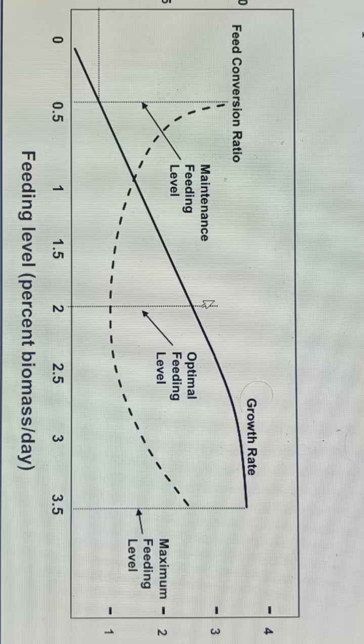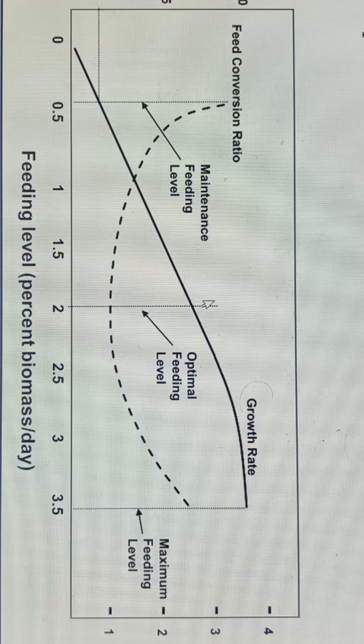Now moving ahead, you may see that FCR is getting low. The dashed line is now coming below, meaning FCR is getting low and growth rate is increasing, reaching the optimum feeding level. From the perspective of farmers, that is the best phase, where whatever feed you are giving is utilized by the fish for metabolism as well as providing you the growth. So the optimum feeding level is the best phase according to the farmers, and at that moment FCR is low, meaning whatever feed you are giving is very efficient in providing the output, in terms of growth.